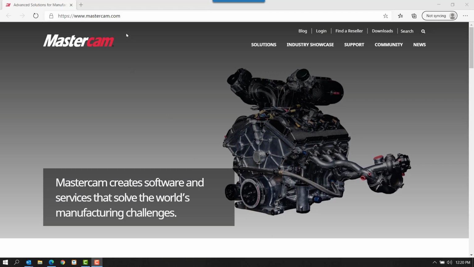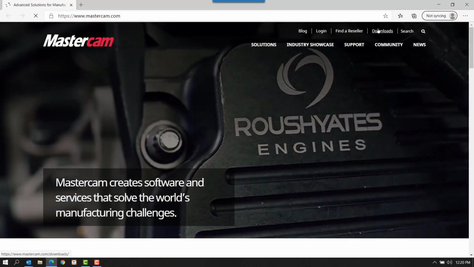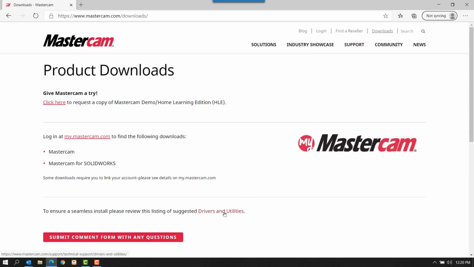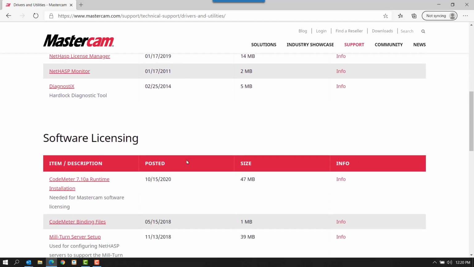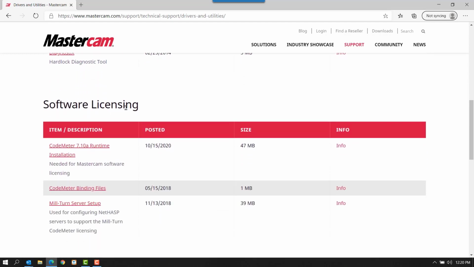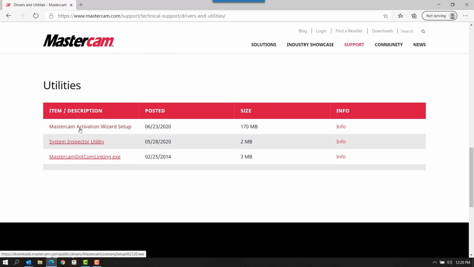Start by going to Mastercam.com, Downloads, continue down towards the bottom of the page and select Drivers and Utilities. Continue to scroll down again until you see Software Licensing. You're first going to need to install the CodeMeter runtime installation, as well as the Mastercam Activation Wizard setup. After those two utilities are installed, you'll need to run the Mastercam Activation Wizard setup and go through the steps